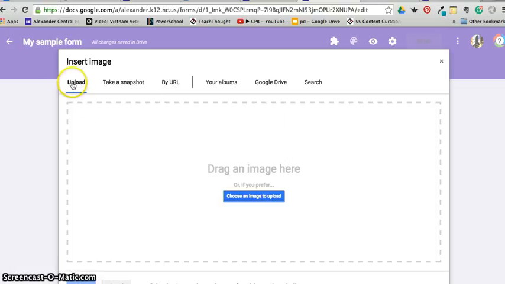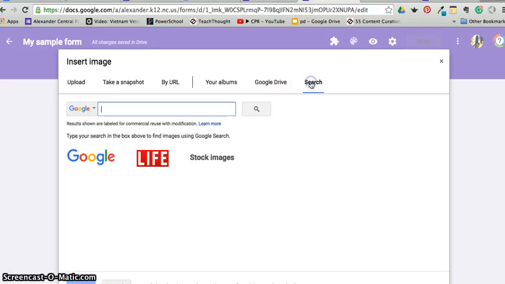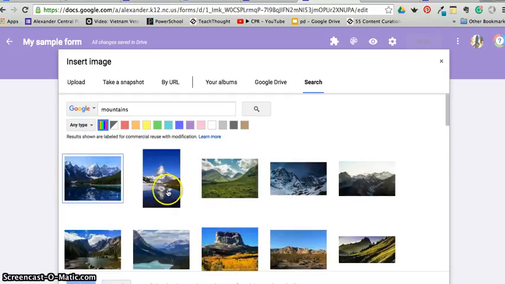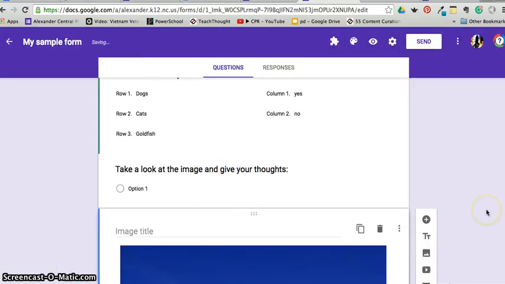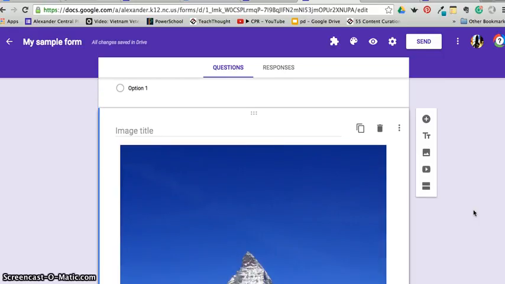We have the ability to upload, take a snapshot, you have to have a webcam, URL, your albums, and to do this you need to know the URL for the image. You can search something that might be in your Google Drive, or you can use Google's images, and let's just type something. And so that image would be inserted,